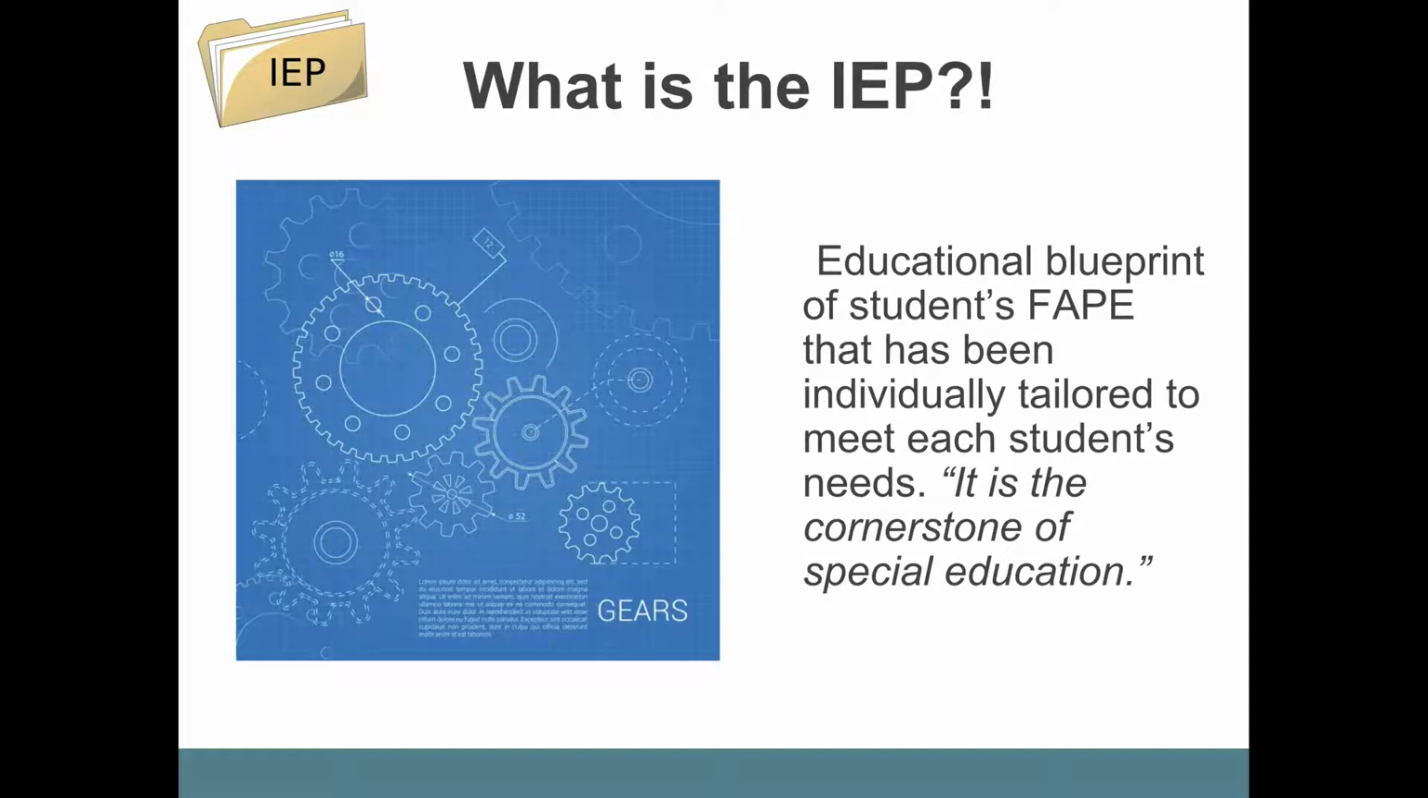It is an educational blueprint of the student's FAPE. So hopefully everyone remembers that FAPE is free and appropriate public education, which is one of those 6 components of the IDEA. So remember when we talked about those 6 components, FAPE was one of those. If you're trying to remember what some of those others were, please go back and refresh your memory. I think that might have been module 2, maybe even 1. So make sure you remember those other 5